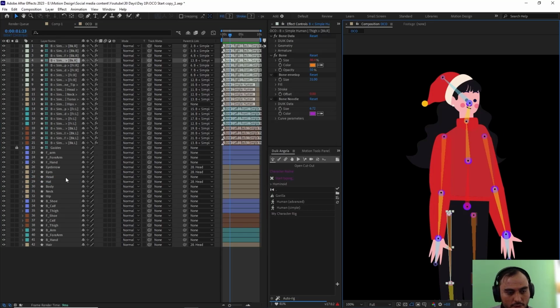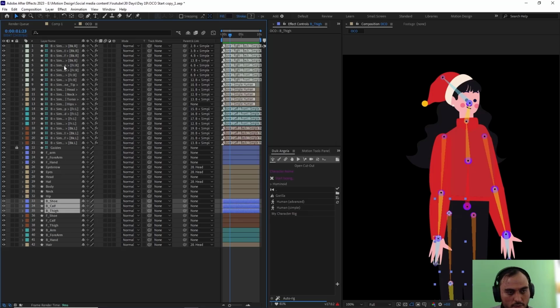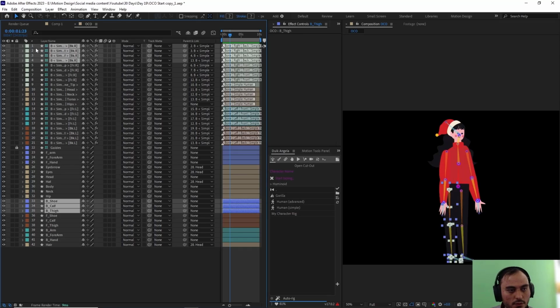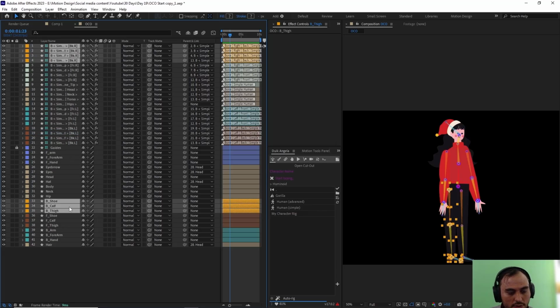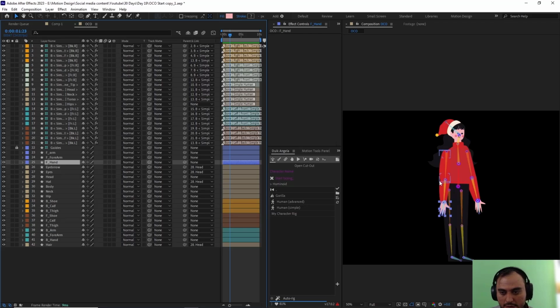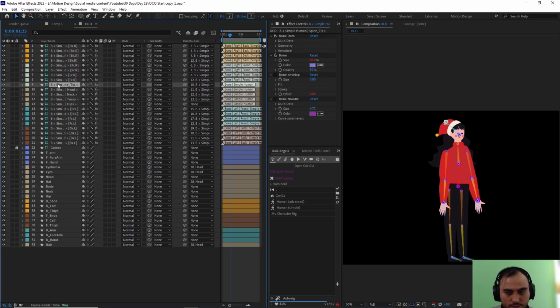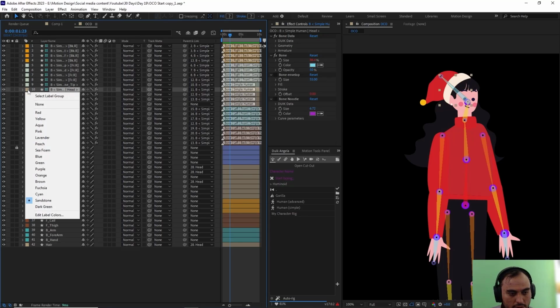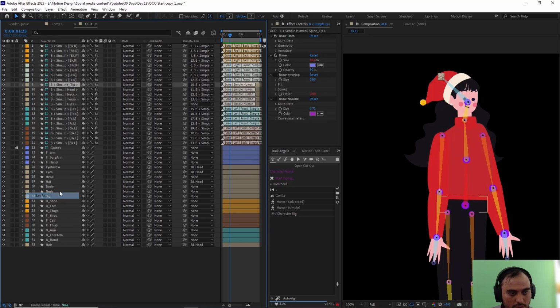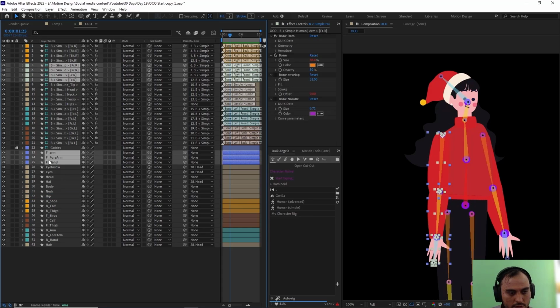Now the back part, as you see, it is correct if I zoom out. And this is going to be the brown and the orange color. And lastly, we just need to find, also we need to make sure that we have a sandstone color for this one. So, and these are going to be